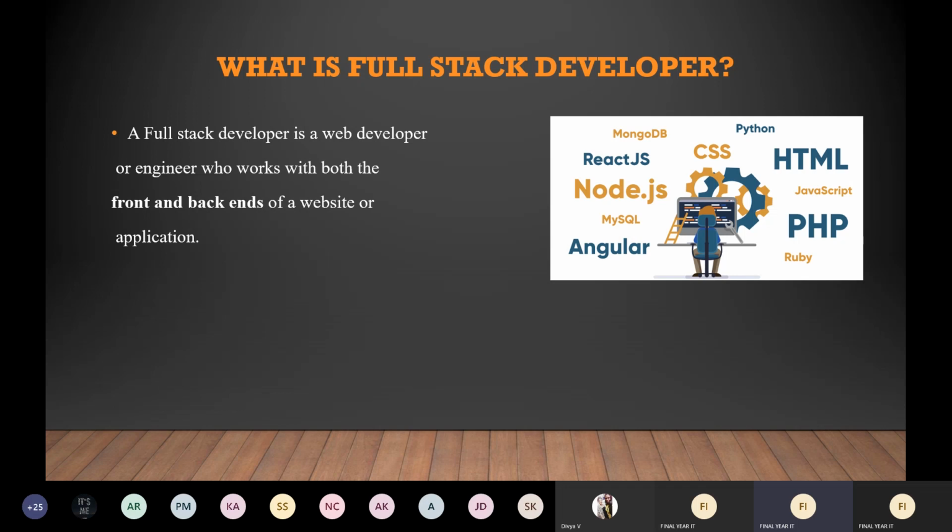So basically I am a front end developer, not a full stack developer. Though if you specialize in one language, you have a large scope in that. Okay,